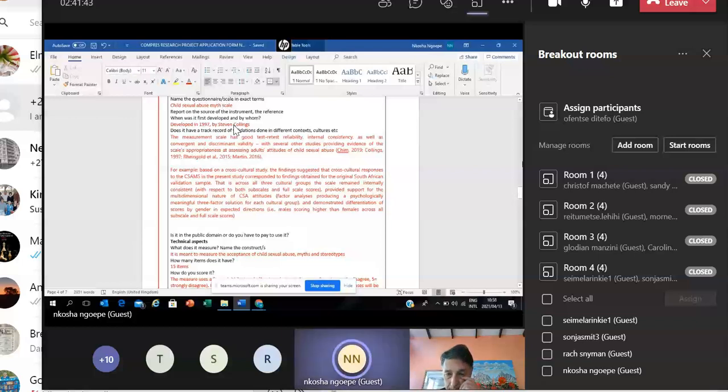So, for example, if our concept is attitudes towards sexual abuse, the myths, if it consisted of 4 sections, you can safely assume that each section is kind of independent. It measures a facet or a dimension of sexual abuse myths. So that is something to look out for in terms of your study,